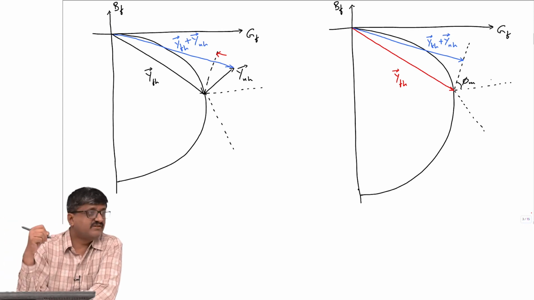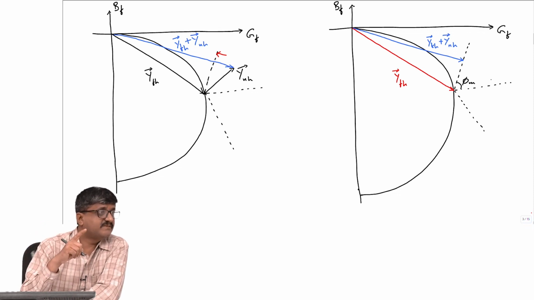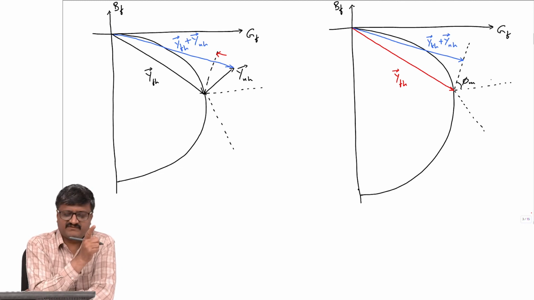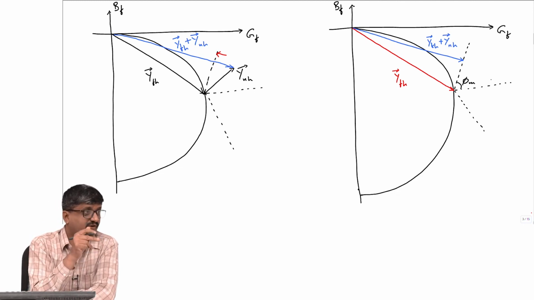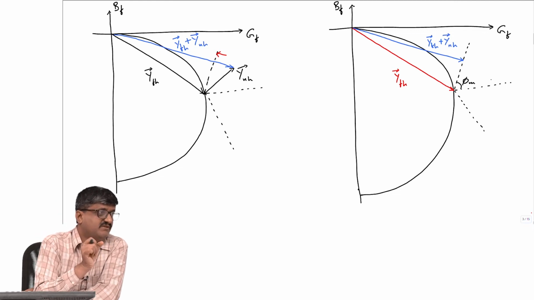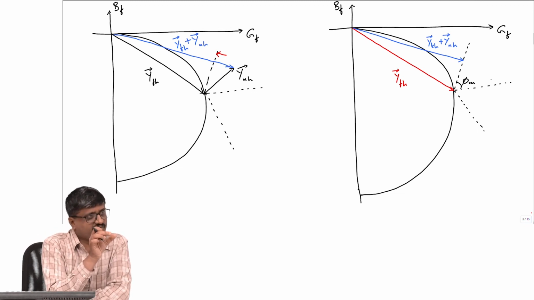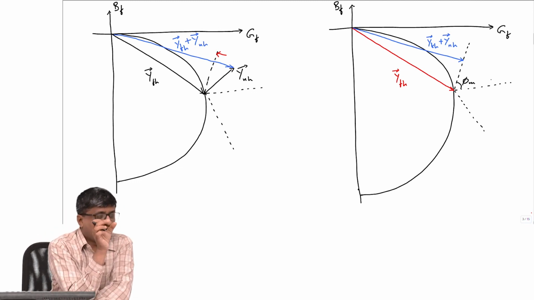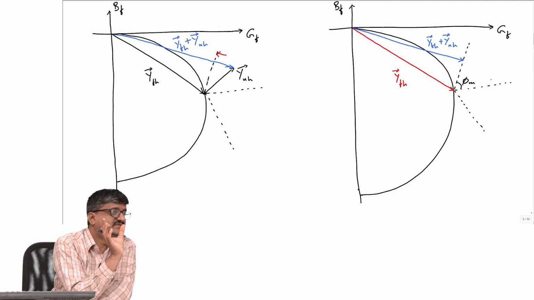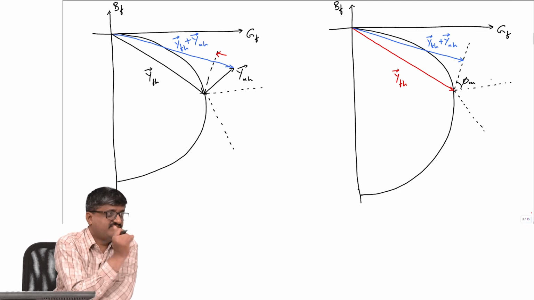If y n h is 0, then it results in the least magnitude of y of h plus y n h. See, we are adding two complex numbers, y of h and y n h. So, we want to minimize the absolute value of this sum of the two complex numbers. It is possible that I can have the sum of these two complex numbers smaller in magnitude compared to just the magnitude of y of h. Okay. So, I can choose y n h in order to get a value which is smaller than y of h.